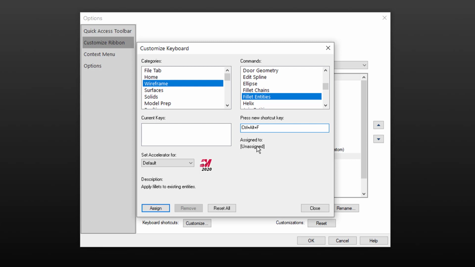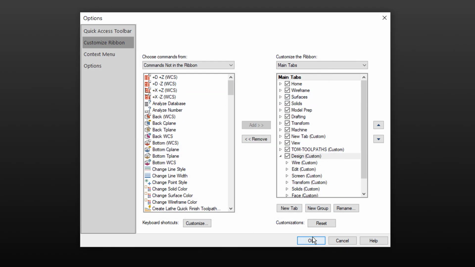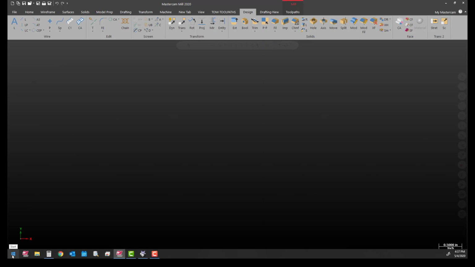So that means I can assign that. If it was assigned to something, you have the option to overwrite what's previously programmed and use that instead. I'm going to say assign, and now it shows you the current keys for that function. Close, hit OK. Now to put that into the X keys,